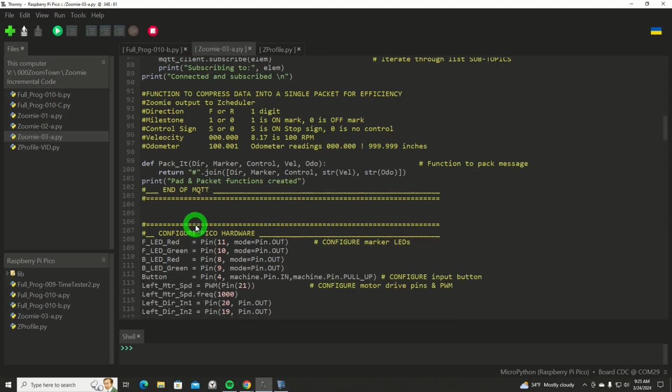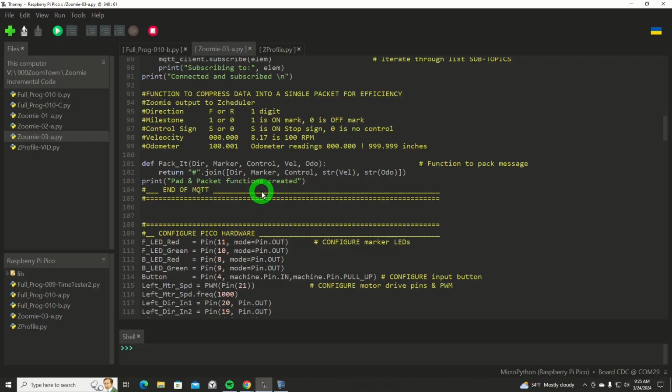Just as a quick reminder, the packet function uses a join command, and that is a very efficient way to take all these variables and pack them into a list so that it's very easy to unpack them once we transmit this over to the scheduler. And I hope to have time to go into that and show you the time difference, how efficient this is over just doing a simple